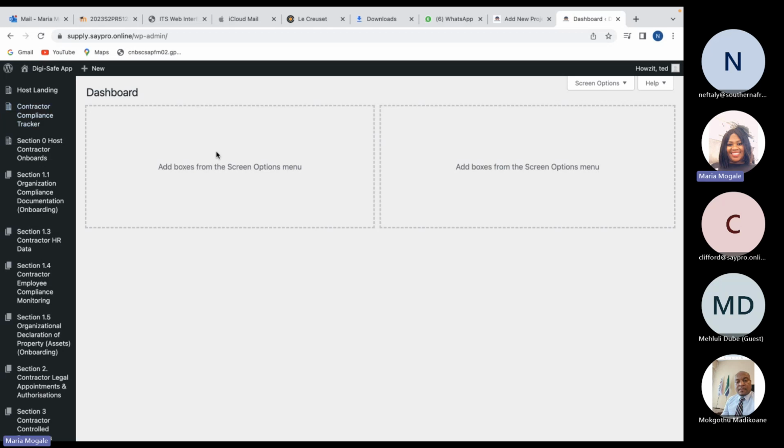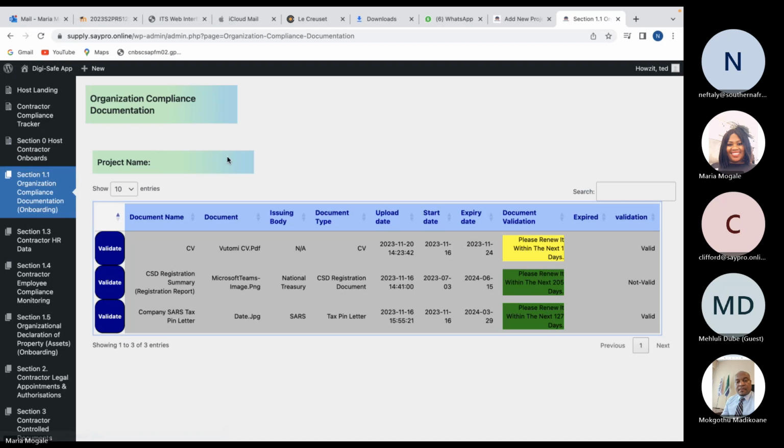I want to see that Anglo American has sent me a project that I'd already applied for, and now they're onboarding me. And then I should be able to come to the sections and open a section. Remember we spoke about this: we don't want it to say validate, we wanted it to say view.